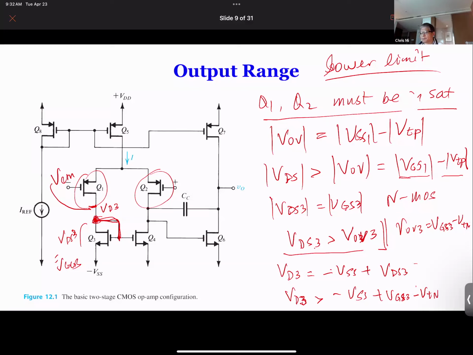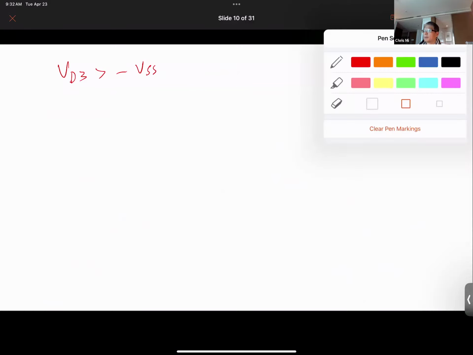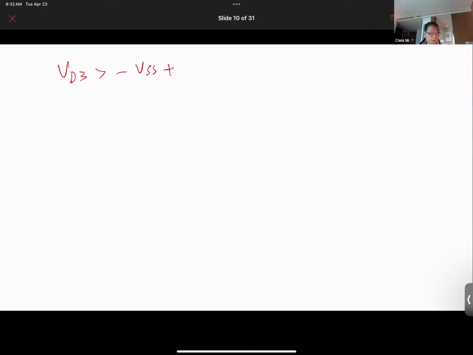Okay. And then from here, we have minus VSS plus VGS3 minus VTN. Okay. So plus VGS